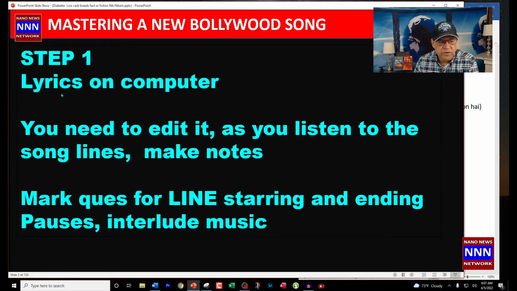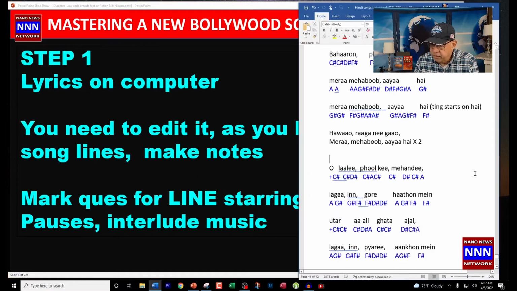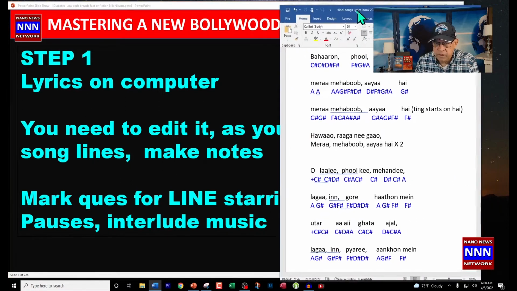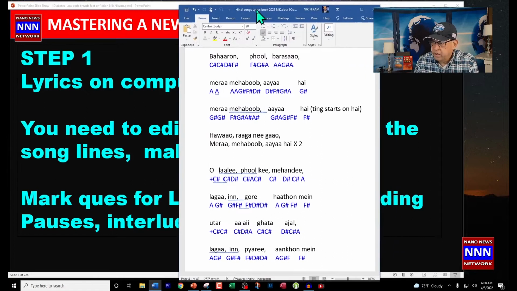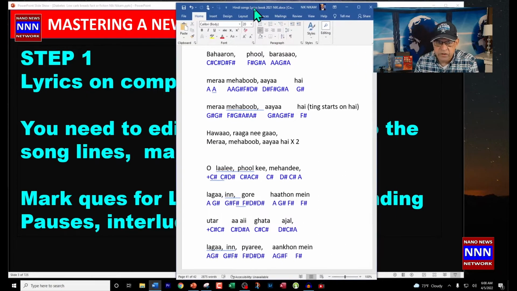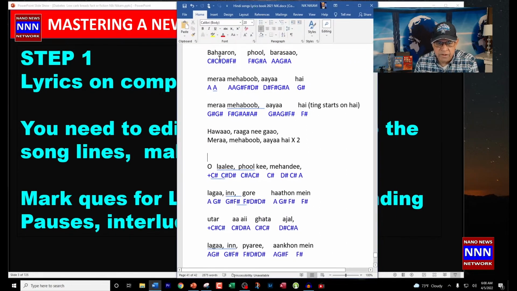The first step I would do would be to get lyrics on your word processor. You need to edit it as you listen to the song lines and make notes. Let me show you, and here is my lyrics for this song. The song I'm going to be practicing is going to be Baharo Phool